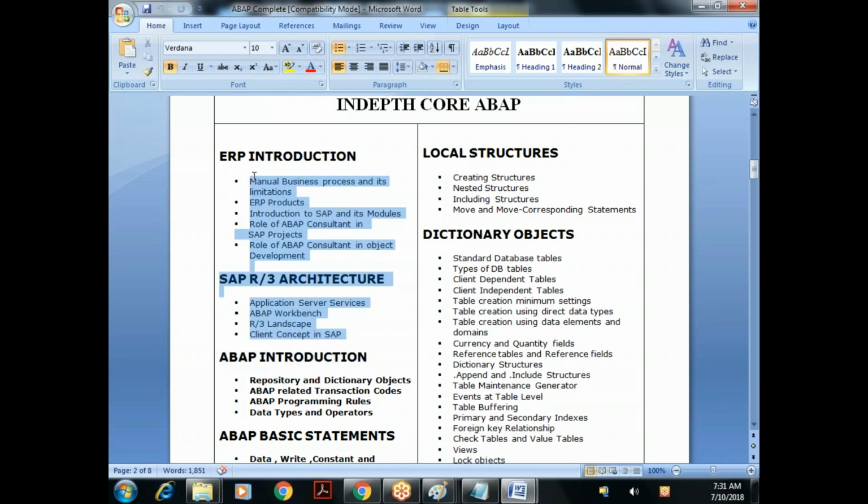But for the initial 2 3 days, we'll be discussing the theoretical part just to understand what is the role of an ABAP consultant, what is the architecture of this SAP system, and what are the different types of objects we develop. All those things we'll discuss in the next 1 or 2 classes. From Friday onwards, we will be starting with ABAP introduction. We'll be getting into the programming part. So this is the syllabus for